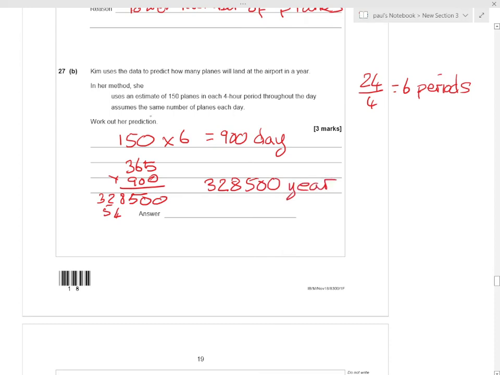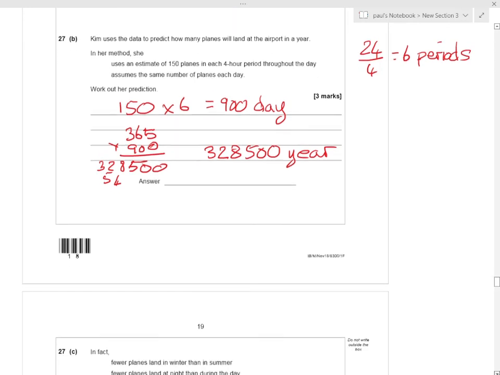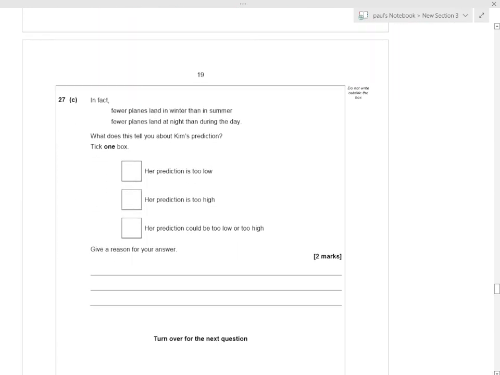That's her prediction. In fact, fewer planes land in the winter than the summer, and fewer planes land at night than during the day. What does this tell you about her prediction? Well, if there are fewer in the winter, she might be too high. And if there are fewer at night, in the summer,